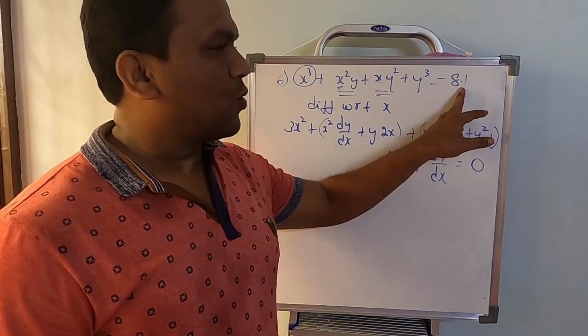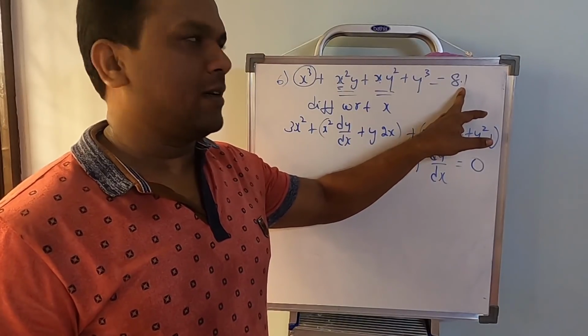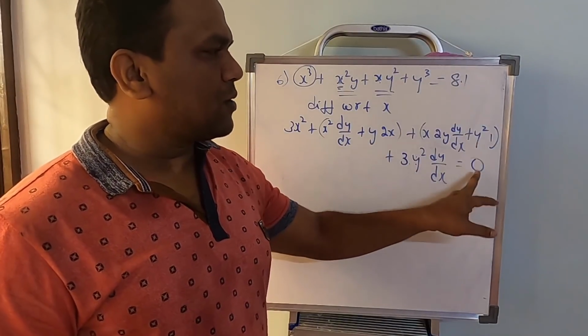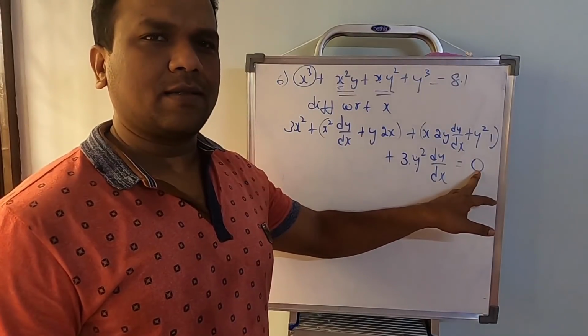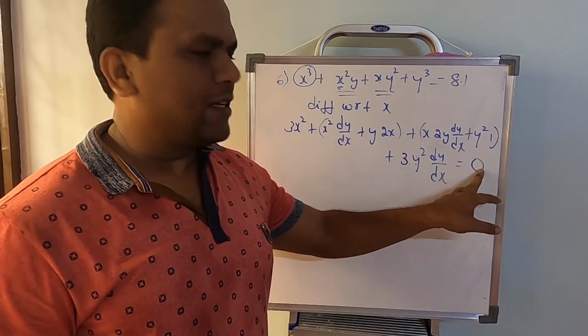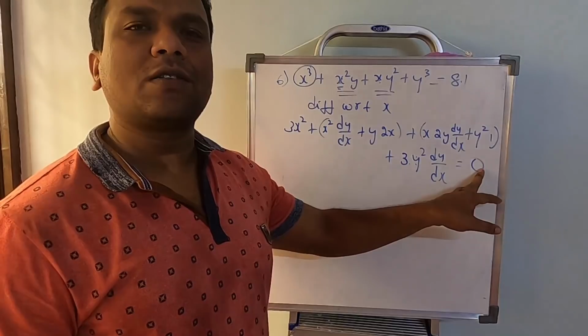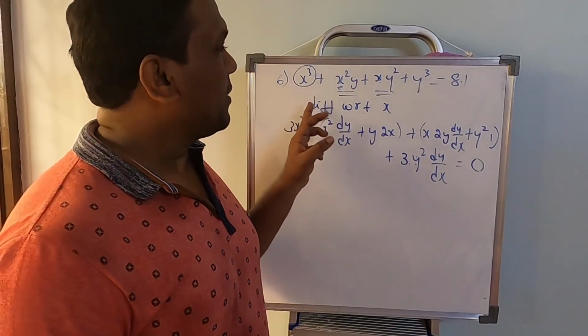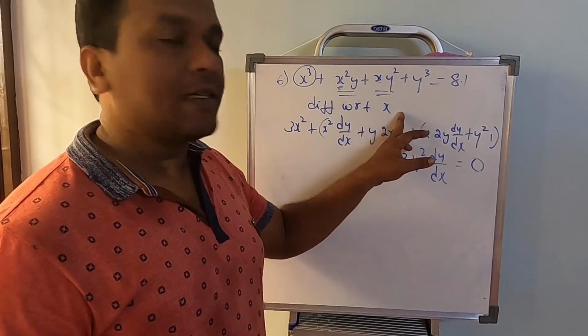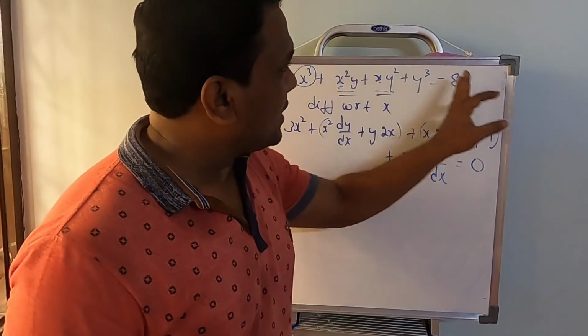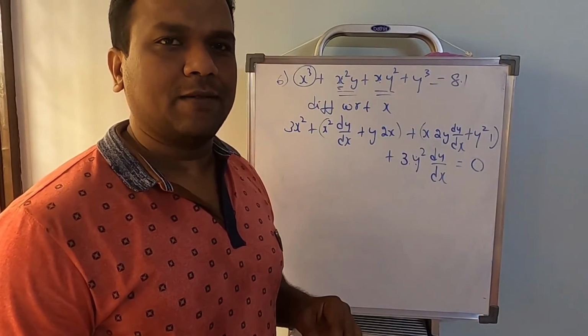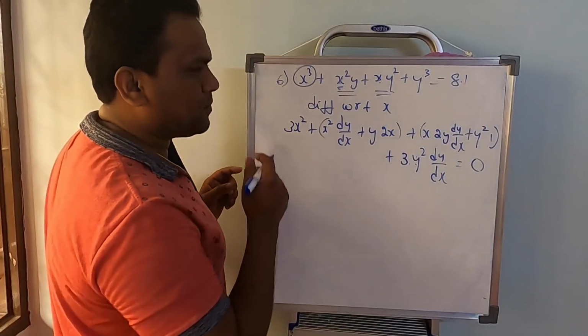Once again the students will go wrong in differentiating the right side. There are chances most of the times the students will write it as it is. So please take it, the right answer is 81 is a constant and differentiation of constant will be 0. Remember here when we say differentiate with respect to x, it's actually differentiation of both sides with respect to x, not just one side.